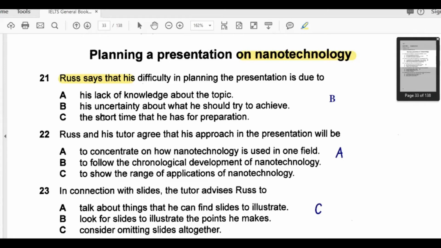So given that his presentation is next week and he has lots of information about it at the moment, it doesn't look like he is running short of time for preparation, not at all. And he says that he can very nicely talk for more than 20 minutes. So he definitely has more knowledge. So there is no lack of knowledge at all. So A and C are not going to be our options.